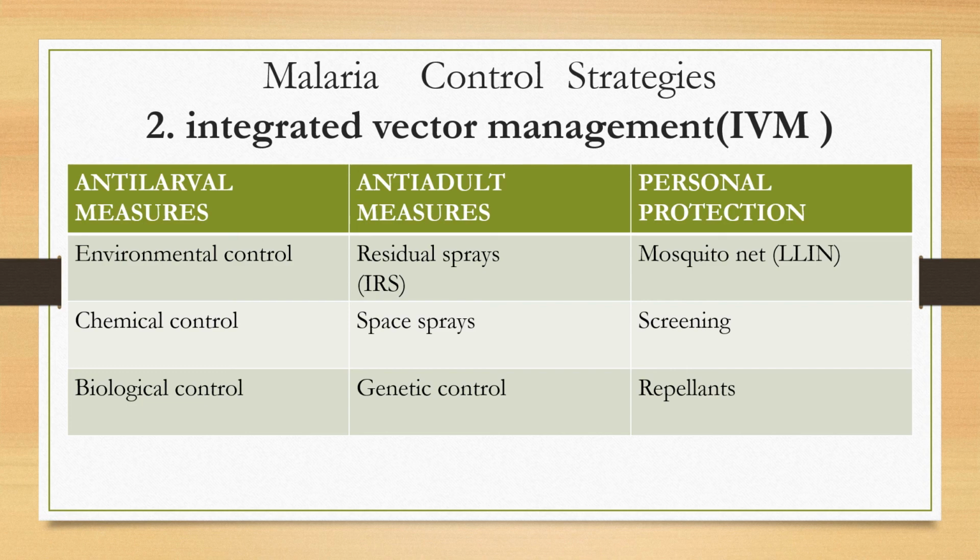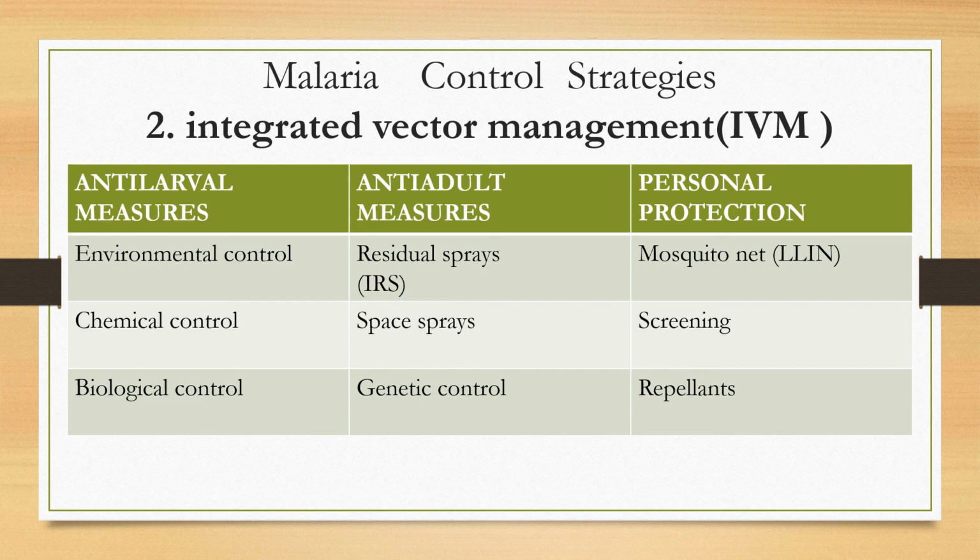So next in malaria control strategies is integrated vector management. In integrated vector management, there are three aspects: anti-larval measures, anti-adult measures, and personal protection. In anti-larval measures, the focus is on environmental control, like filling up of ditches, discarding of water collections or covering of small water collections, chemical control such as use of mosquito larvicidal oil, Temifos, Paris green, Fenthion, or pyrethrum-based emulsifiable oils. We can also have biological controls in the form of larvivorous fish,